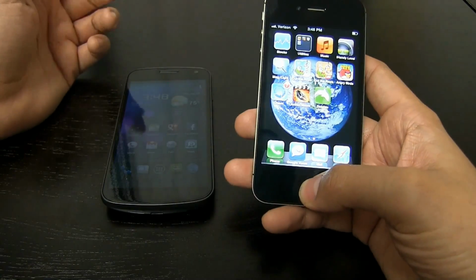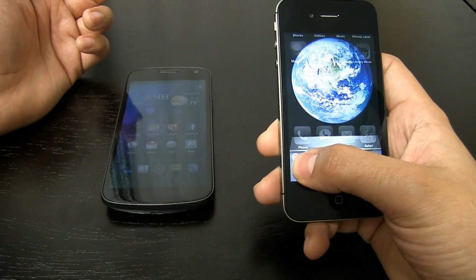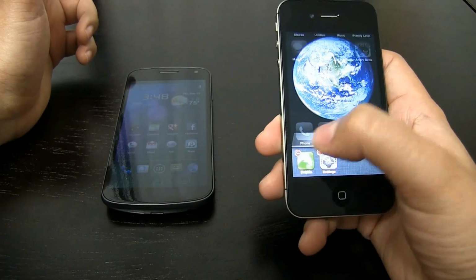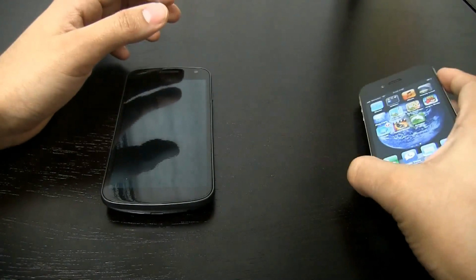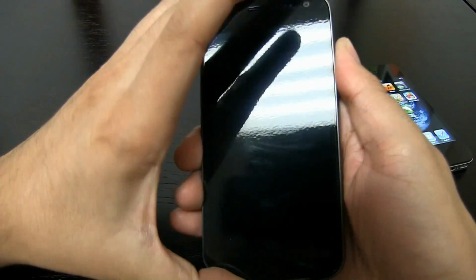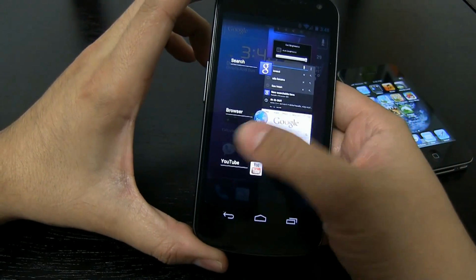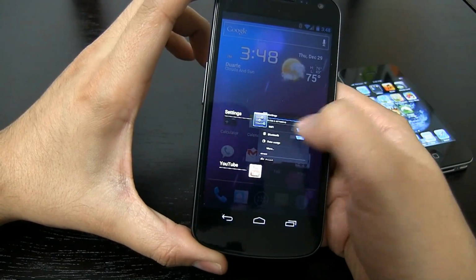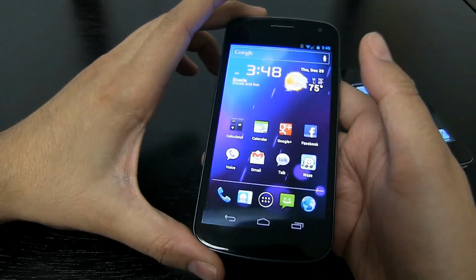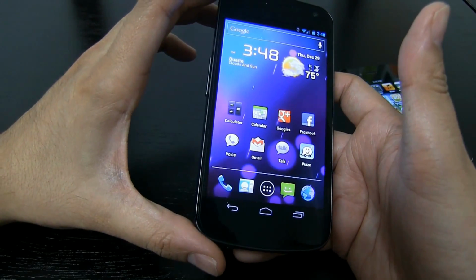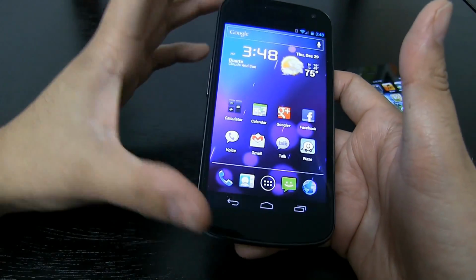It doesn't do that. This is also annoying, that in order to supposedly close apps, you have to do all this, and it can be very, very cumbersome, okay? Once again, Android. If I want to close apps, all I have to do is this, and I can just swipe away, left, right, easy. And this is a true multitasking system. I can have 5 applications running at the same time, downloading different things.